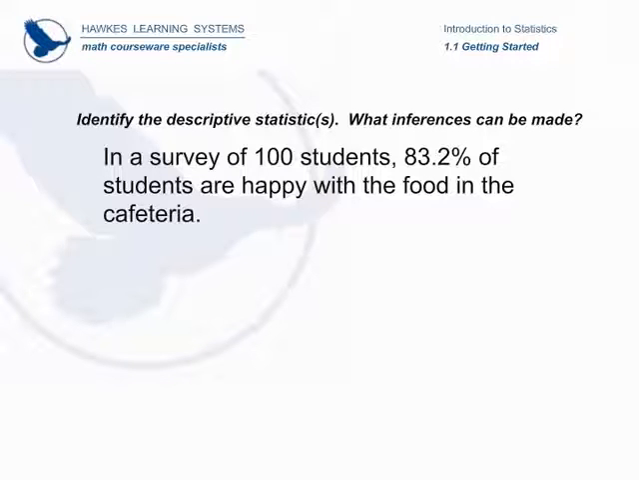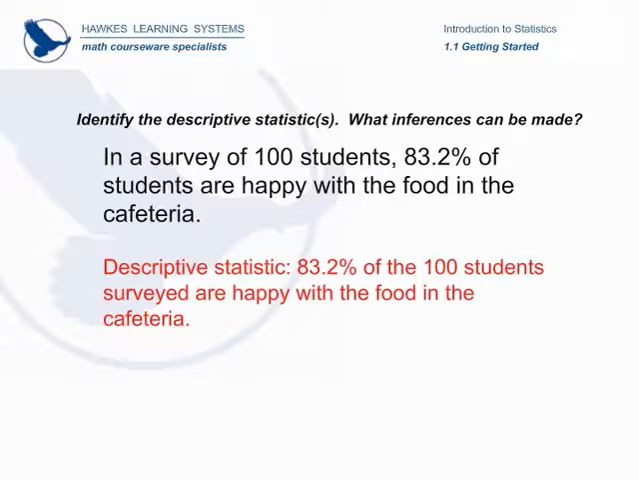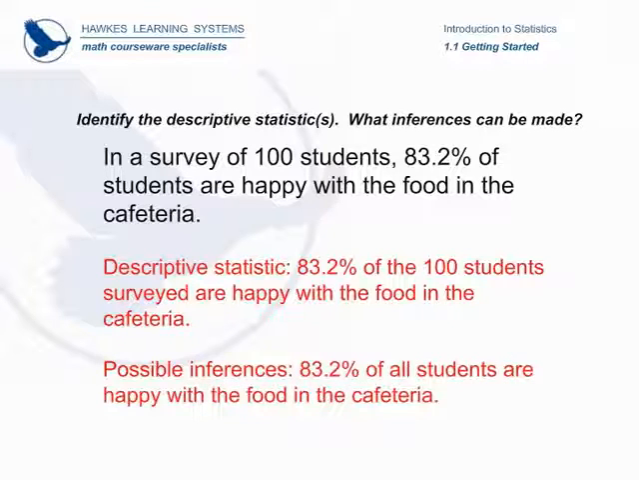Now let's take a look at how we can identify the descriptive statistic and what inferences can be made. In a survey of 100 students, 83.2% of students are happy with the food in the cafeteria. That would be descriptive statistics, whereas 83.2% of the 100 students surveyed are happy with the food in the cafeteria. Possible inferences we could make from that: